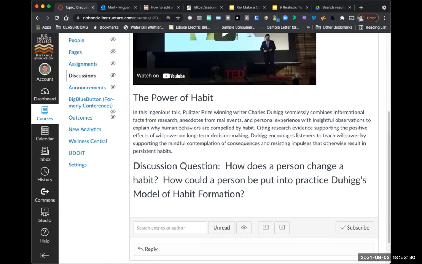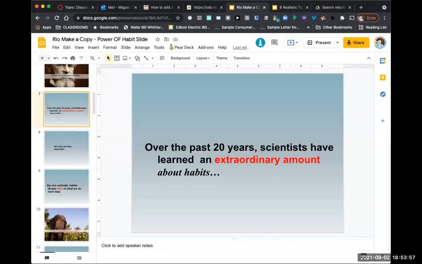But generally when we begin class, we'll always have a discussion question to kind of get you thinking about the unit, and then we move on to the activity / lecture, which is what I'm doing now. So I kind of skipped this briefly to get us caught up a little bit over the content in the first couple of weeks of school. But definitely take a moment to fill this out on your own so that you can share a little bit about what is the model of habit formation. So it'll be a good recall exercise, as I like to call it, okay? So going back to the deck,